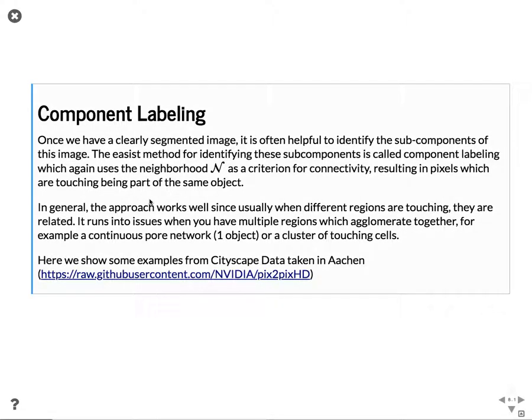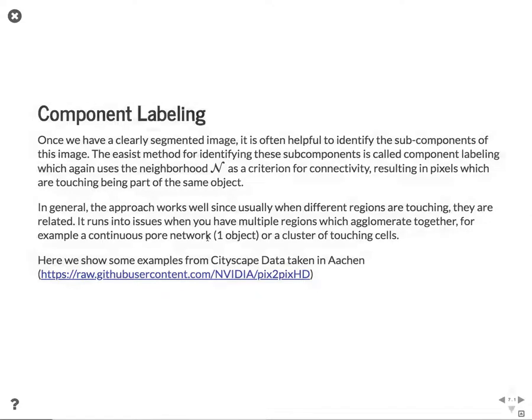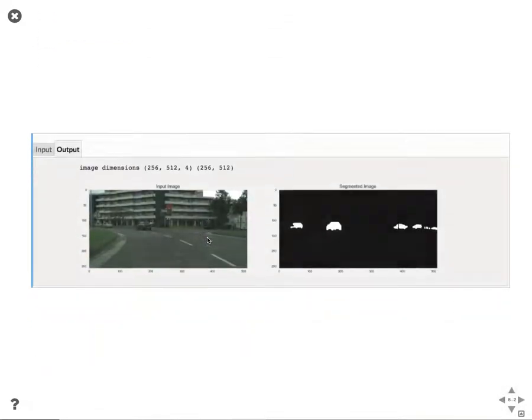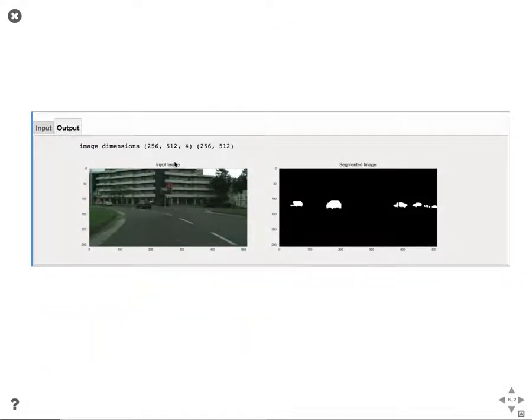So the first important technique to cover here is this idea of component labeling. We've mentioned it before. It showed up briefly in a few of the previous exercises. And it's this idea that once you have a segmented image, you want to break it up into separate components. And so, if you have an image like this,